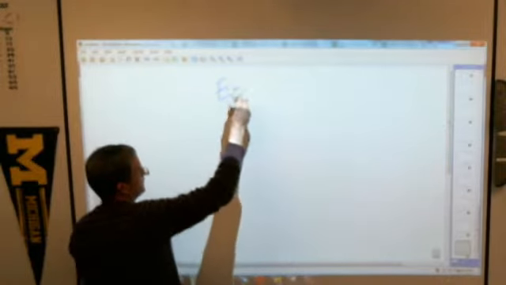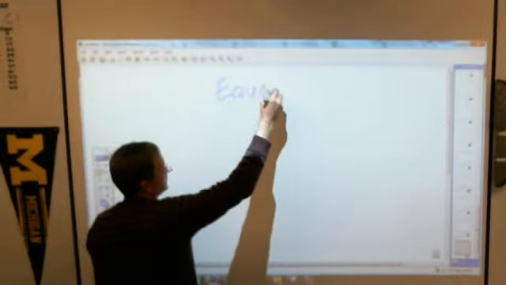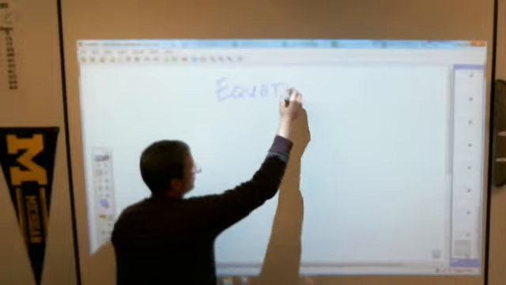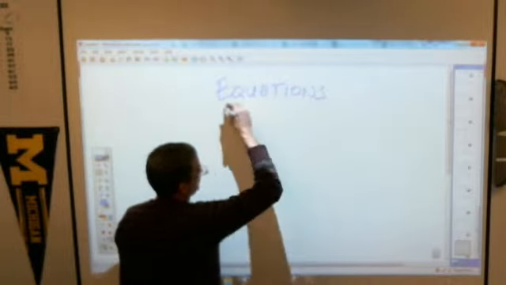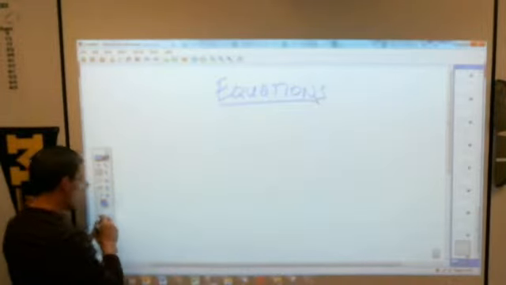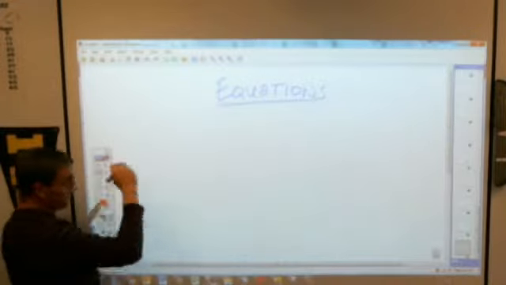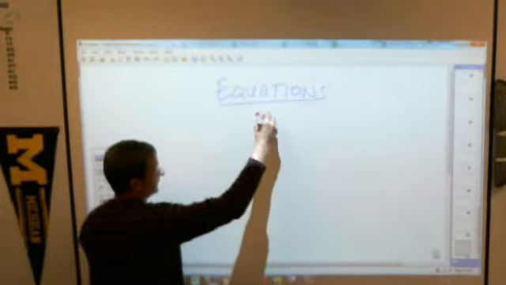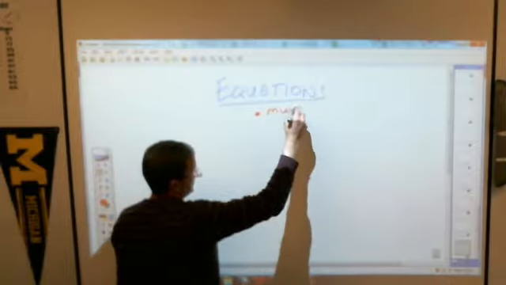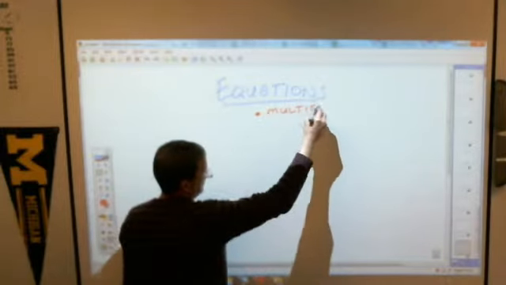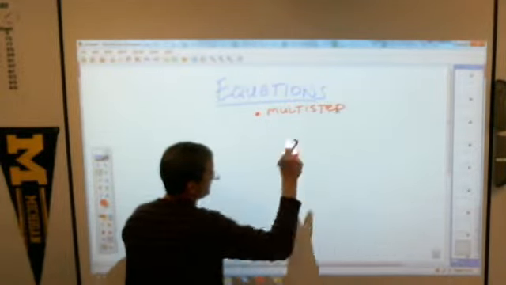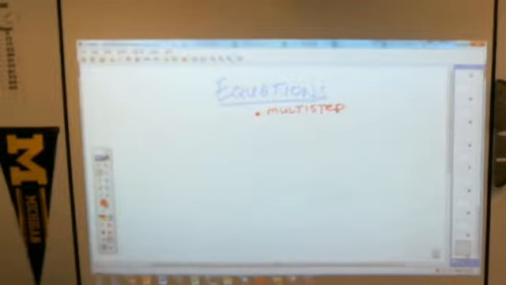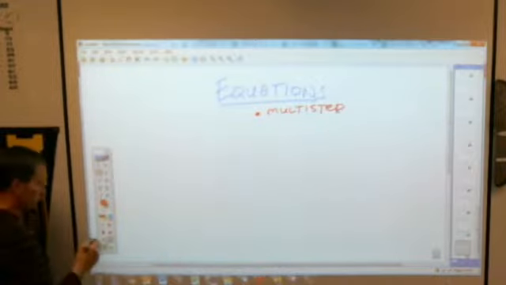Actually wrote all these down before. We will do them again because I know you can use a good review. The little subheading under these equations are multi-step equations. Multi-step equations. And in case you're wondering, multi-step would mean